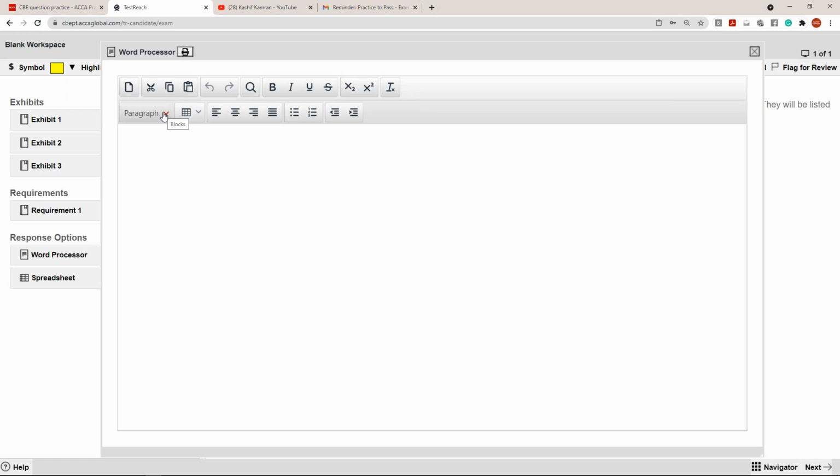So do you believe this is a good feature by ACCA, giving you a blank workspace where you can write in the answers and increase your efficiency and speed ahead of your actual exams? Because on the practice platform, you can only practice 5 past papers. Is that clear to everyone? Okay, that's great. So please ensure that you use the blank workspace as a word processor to improve your typing speed and write more and more answers over here.